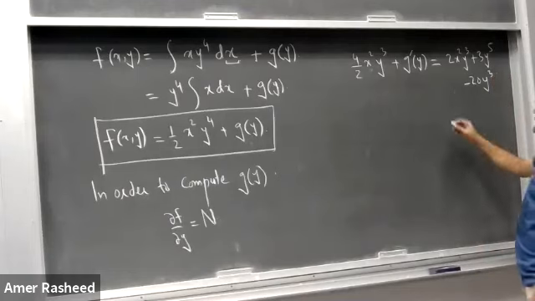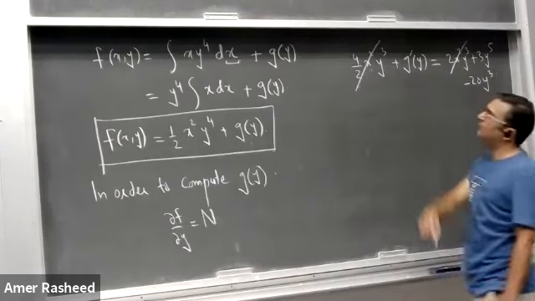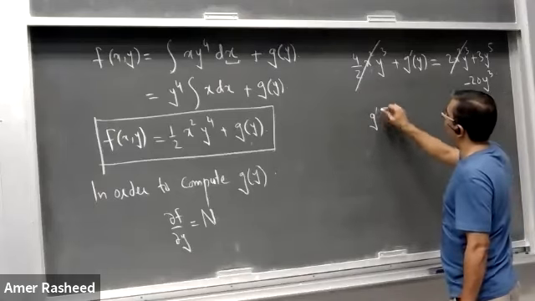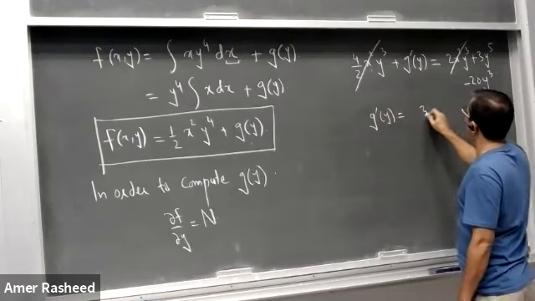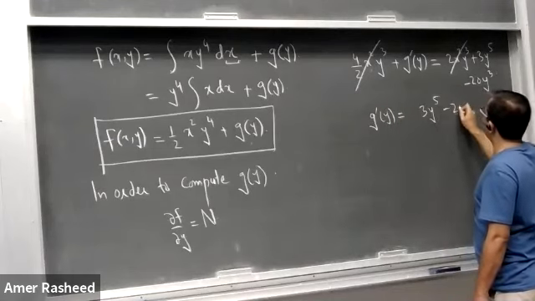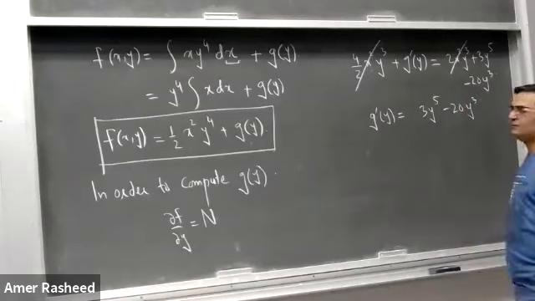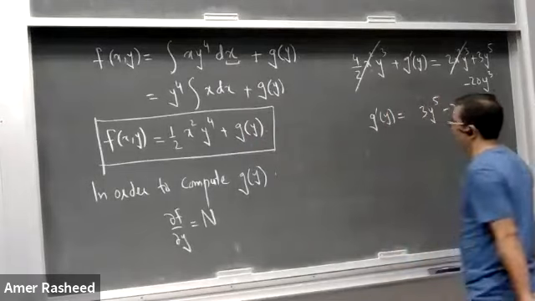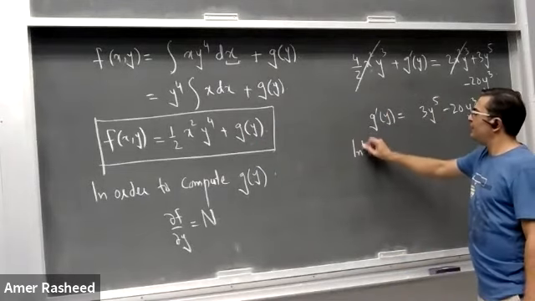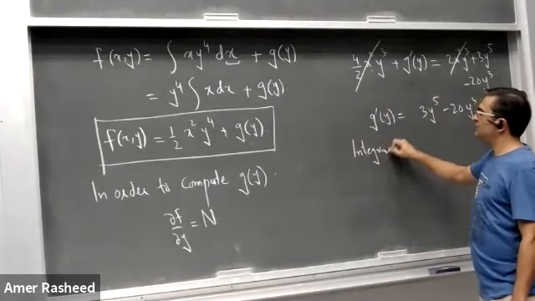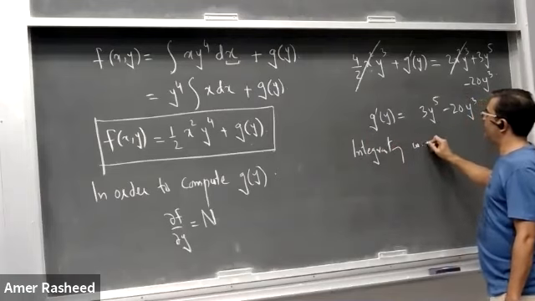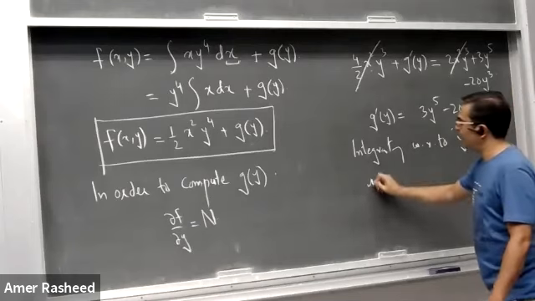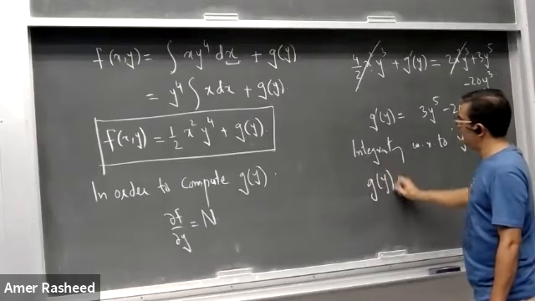Now you can see here that this term will be cancelled with this term, and we are left only with g dash of y, which is 3y^5 minus 20y^3. This is g dash, but we require g of y. So integrating with respect to y, what do we get? We get g of y is equal to